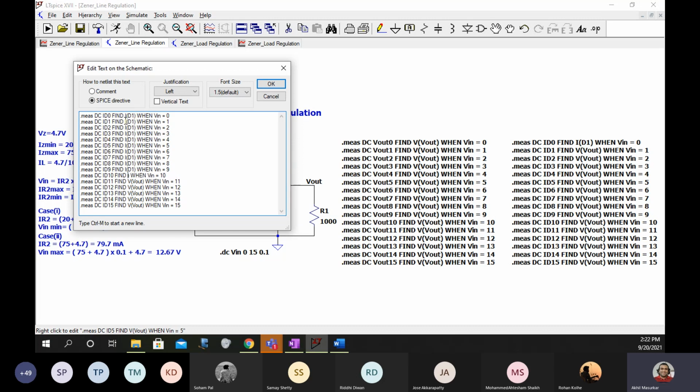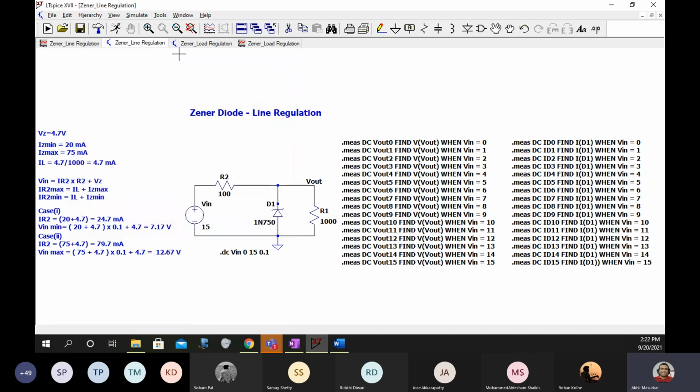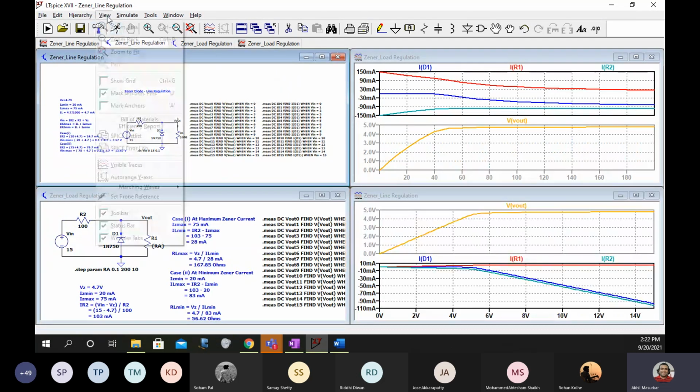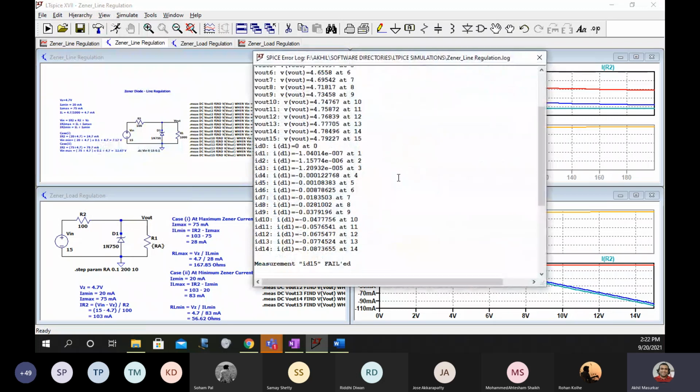Now are you missing your for loops? Are you missing your for loops? You can just say yes and say run, and now you can see the error log.